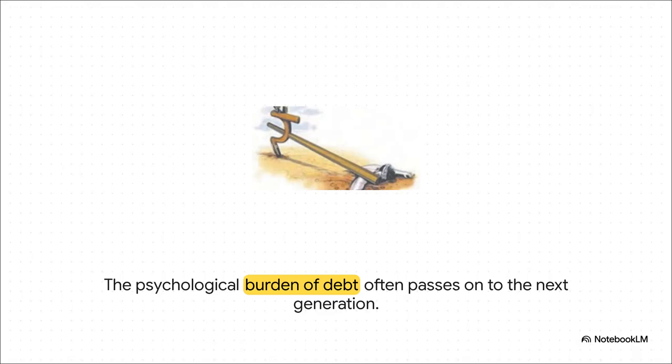This image is incredibly powerful, isn't it? It shows a farmer literally being crushed by the weight of money. And that's the crucial point here. This isn't just about finances. As the caption says, it's a psychological burden. It's a legacy of debt and despair that tragically gets passed down from one generation to the next.